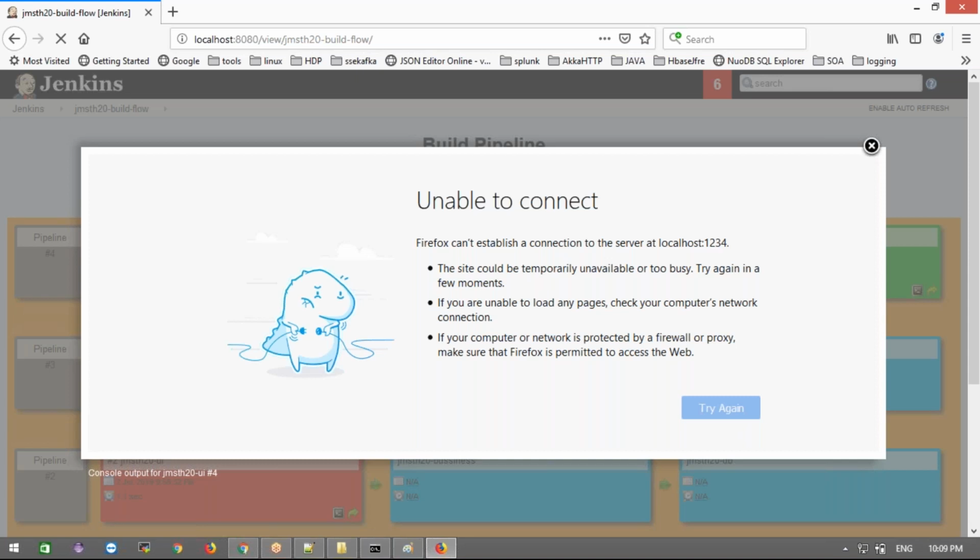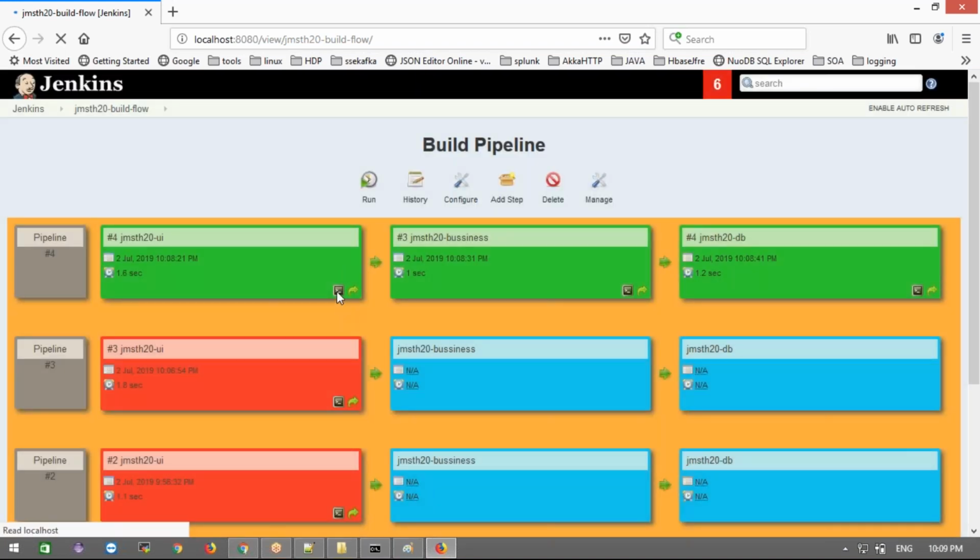It is not connecting here, but for you guys definitely it works. No worries, definitely it will work for you guys. If you want, you can check it once. Definitely it will show the output here. If you click here, it will show the output also. Now you can see everything output also here.